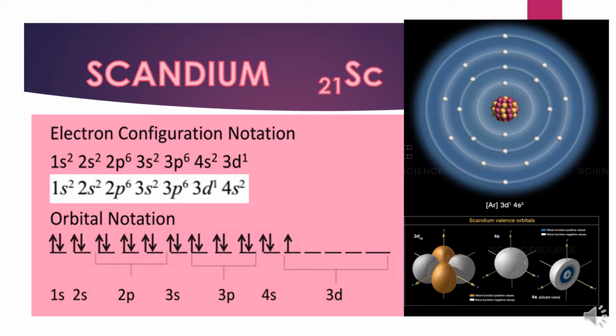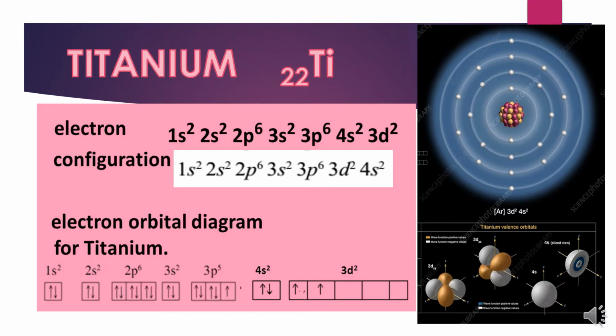Otherwise the energy of 3d is higher than 4s, but as soon as the electron starts entering in 3d, the energy decreases, and we can write the electronic configuration in the way when we write 3d before writing 4s. So in this way you can write, and in the orbital diagram also, in 3d orbital just one electron. Next, for titanium, the 22nd element, one more electron will enter in 3d and it will be 3d2 now.